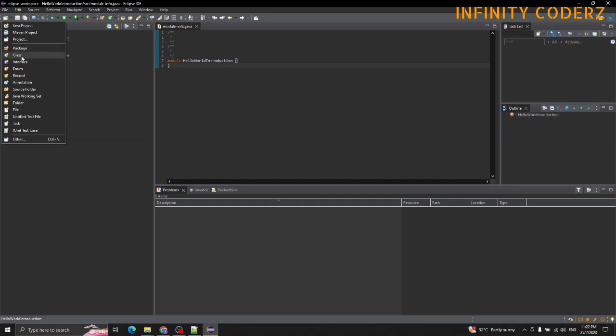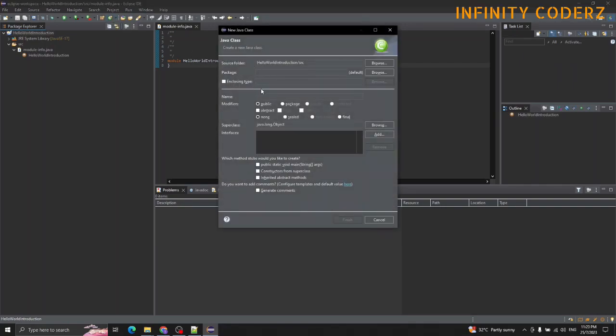And this is an interface. All of the others we will take a look at as we proceed with the Java development course. For now, if I want to create a new class, you can either select it from here, or you also have an option here to create a new Java class. When you click on it, you need to give a new name. I'm just giving Hello World. The name is this, and it's public.